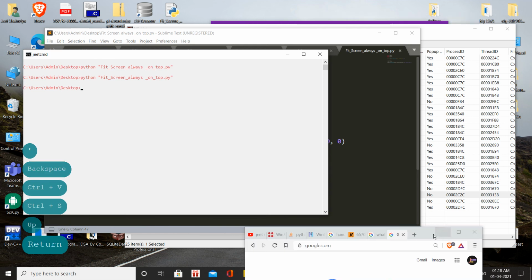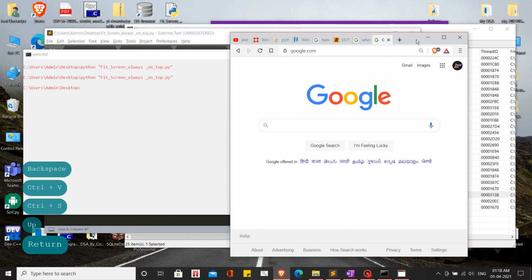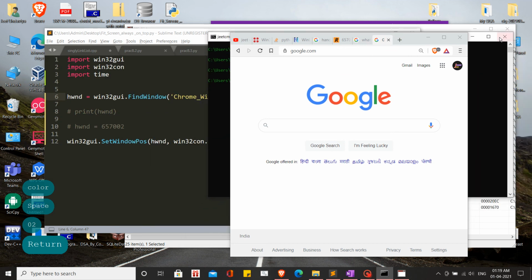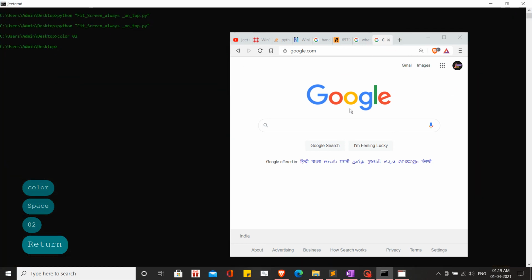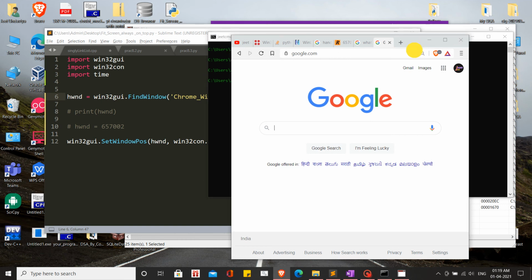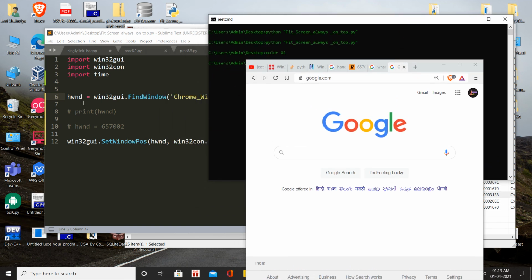And I think it is done successfully. Let's say I'm switching to this and I'm saying CLR color 02, and yes, it is working successfully, and it is successfully pinged. Like if I'll just show you, I'll just maximize this thing, still this browser is on. So we were successful in doing this thing, in basically getting the now.